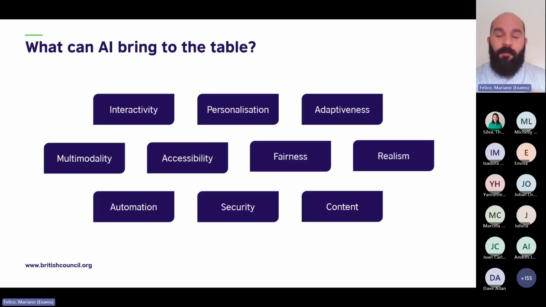Now, why would we want to use AI for this? What is it that AI can bring to the table? So I listed some of the main benefits of using AI for this kind of assessment. I won't have the time to go through all of them, but I'm sure you are familiar with many of